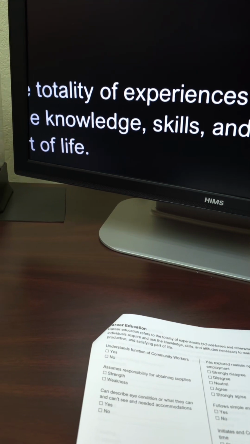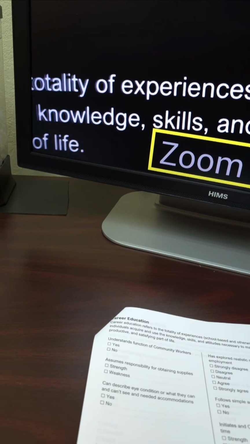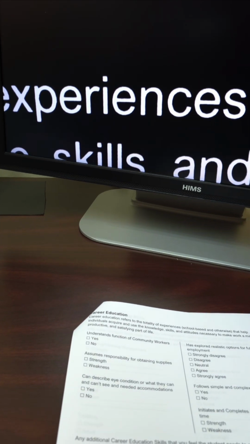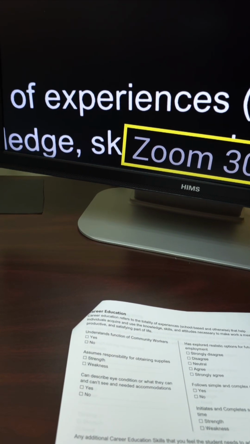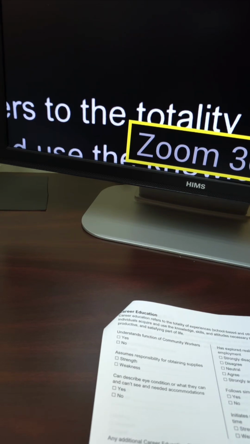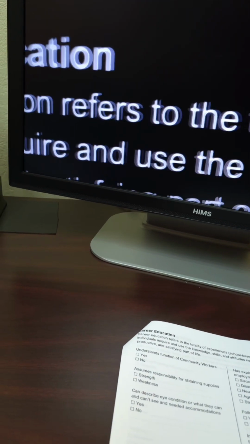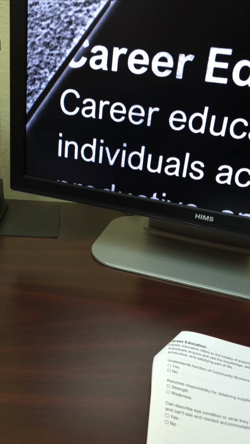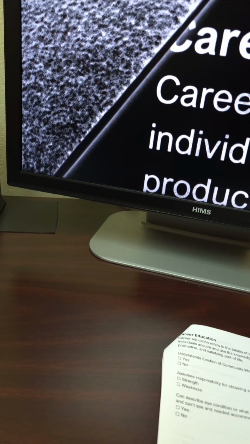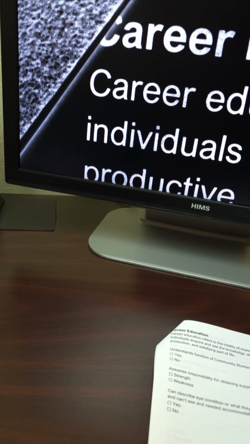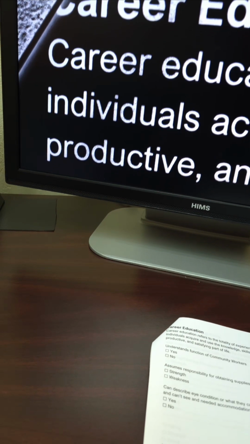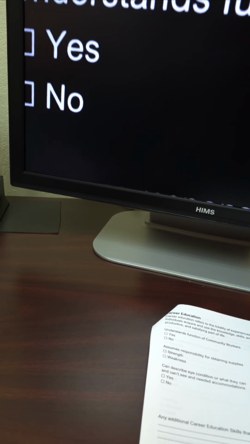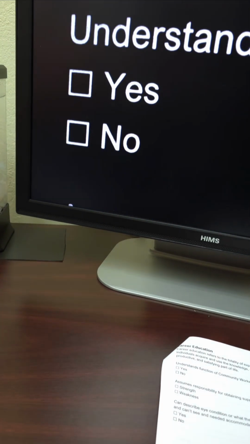24. That's still a little small for me from here. 34. How about 30? 1, 2, 3, 4. So now this is kind of how I can read it a little better. If I was sitting here and a parent or a kid was here with me, I could look at my magnifier and take a look at this, and I would go down the list and kind of